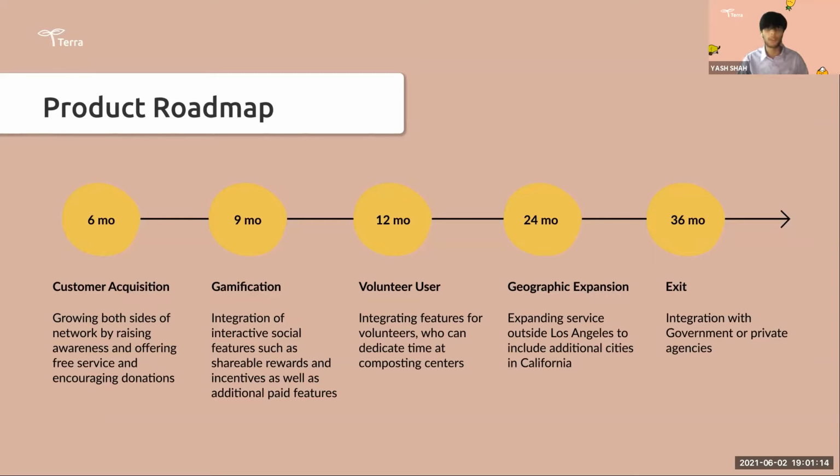Now, at the 24-month mark, we will spend the next year focusing on expanding our service outside the city of Los Angeles and integrate our service in relevant areas of California with intent to expand throughout the entire state and the entire nation. At the 36-month mark, we will now have displayed that Terra is a positively profiting product, as